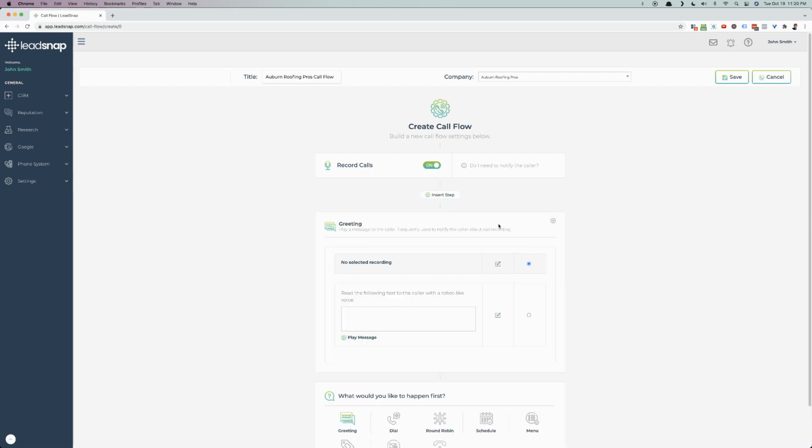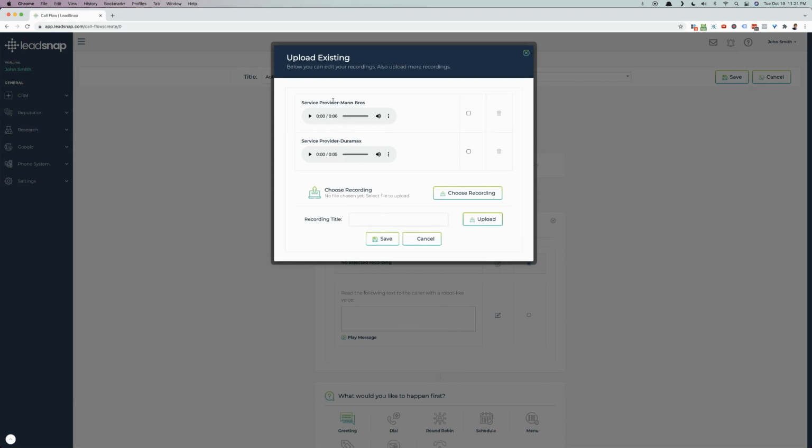The greeting message is a message that you can have played as soon as the caller makes the phone call. This will be the first thing that they hear in this situation. So I can upload a call here. I can choose a recording and upload it from my computer if I have a recording of something that I